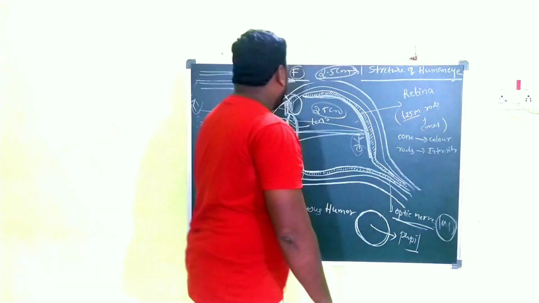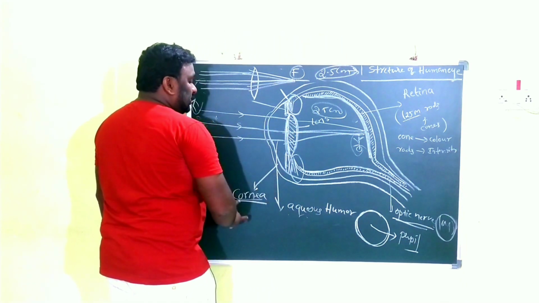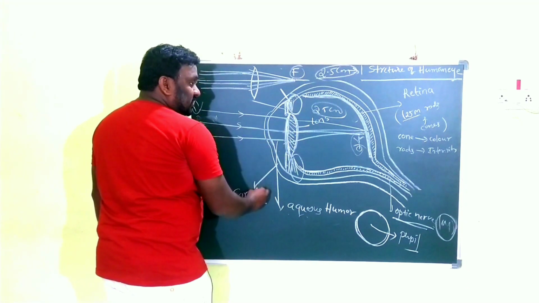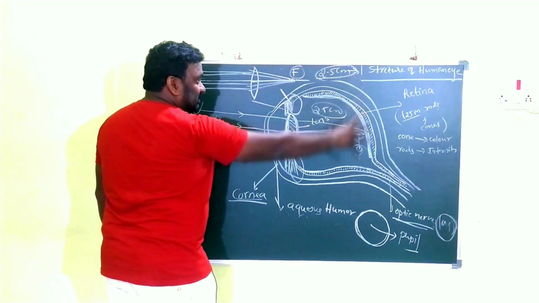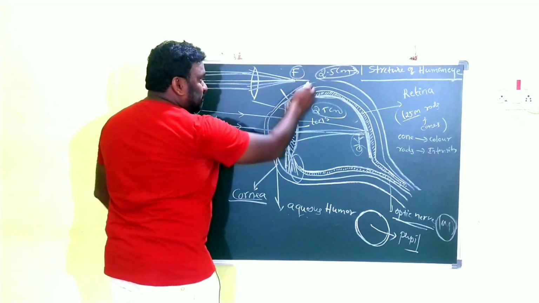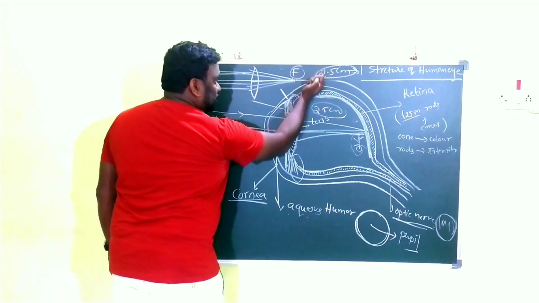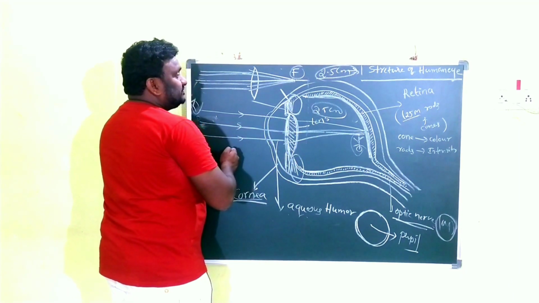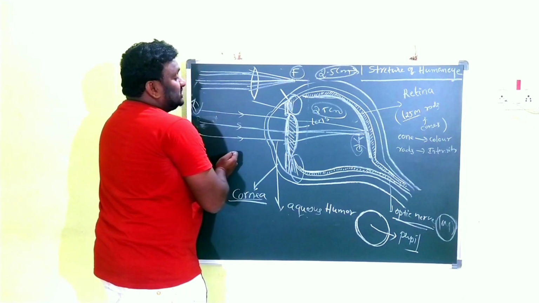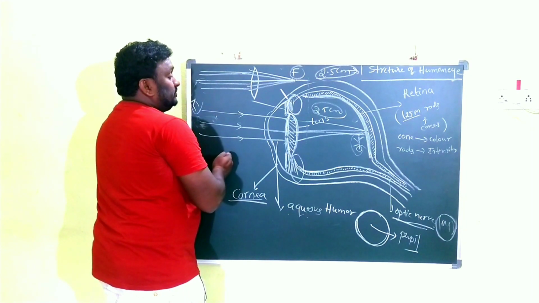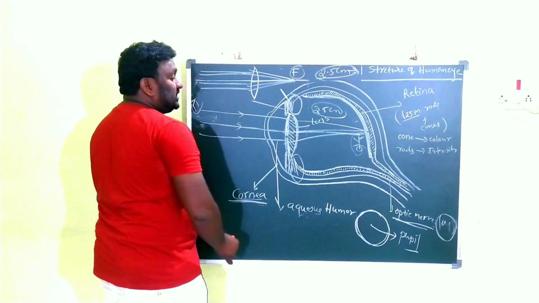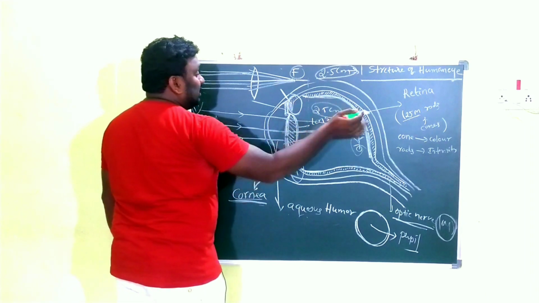Briefly about these. The first part is the cornea. Cornea protects all the inner parts. The entire structure of the human eye is spherical, and only this portion is outside. Here the cornea is white in color. It is a very protective membrane. That's why the cornea acts as the frontline warrior for all the parts.